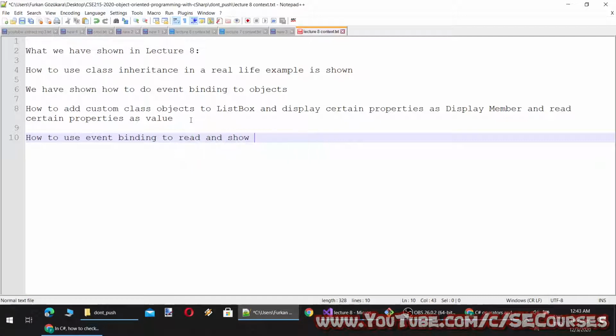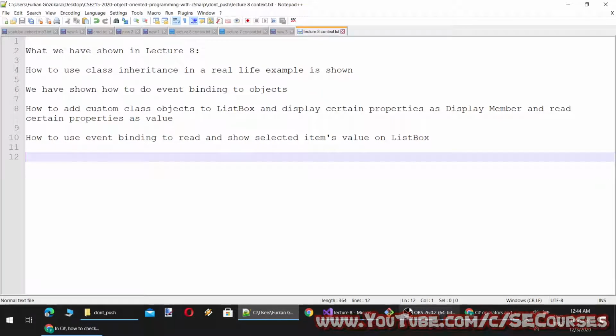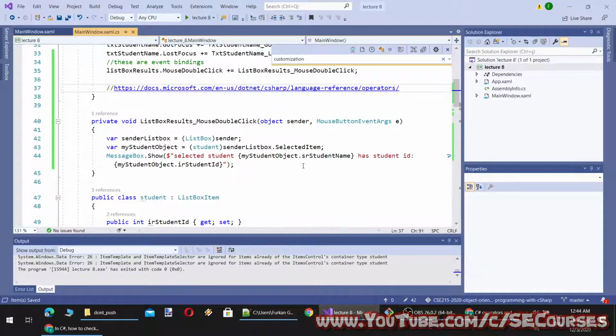Read and show selected item's value on this box. By the way, I have shown only with list box, but the methodology applies to all objects. You can use this methodology on combo boxes, drop downs or other elements that could support these things.